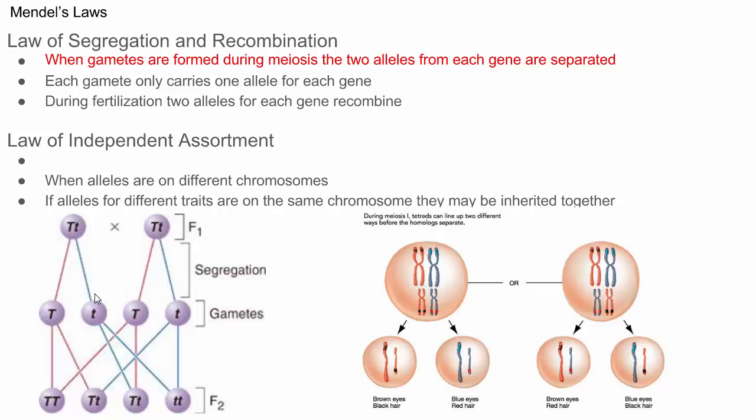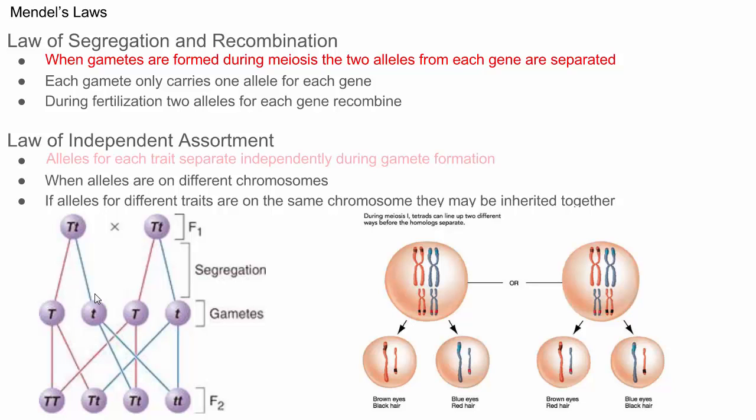After those gametes are produced, when they recombine during fertilization, then we go back to our normal chromosome number, and we have the recombination during fertilization of those gametes to go back to 2 of each allele. And that happens randomly when a sperm cell fertilizes an egg cell or pollen fertilizes an ovule in a plant. That's sort of random. And so which gametes fertilize determines the genotypes of the offspring.